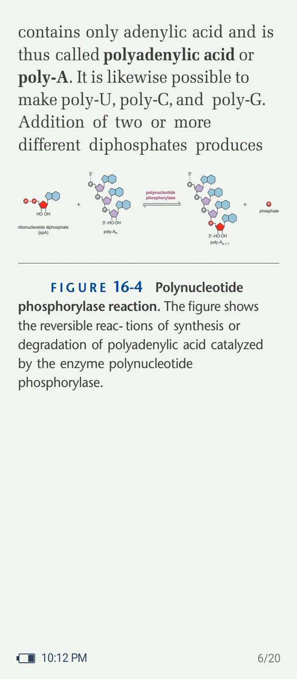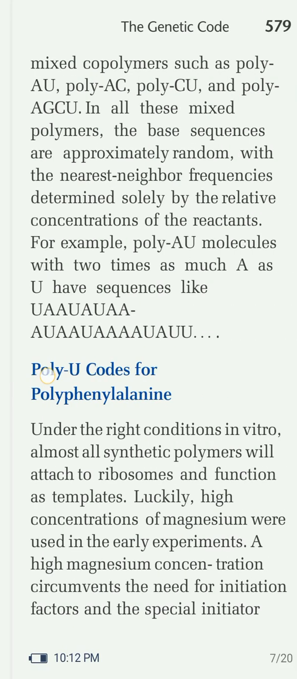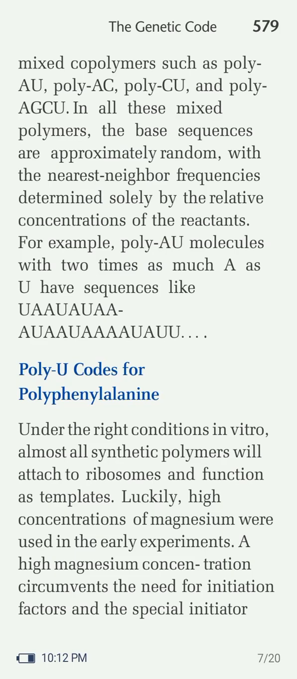Addition of two or more different diphosphates produces mixed copolymers such as poly AU, poly AC, poly CU, and poly AGCU. In all these mixed polymers, the base sequences are approximately random, with the nearest neighbor frequencies determined solely by the relative concentrations of the reactants. For example, poly-AU molecules with 2 times as much A as U have sequences like this. Then poly-U codes for